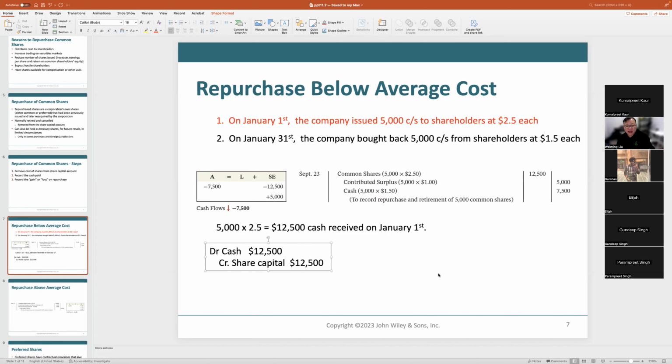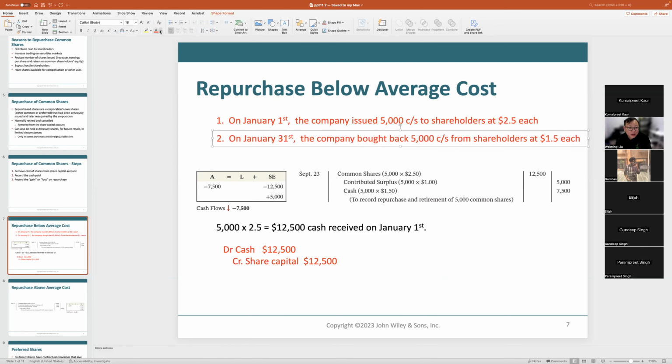Okay, so it's balanced. Debit equals credit, 12,500. So this would be my January 1st entry. Now we are at January 31st. The company bought back 5,000 shares from shareholders, now at a lower, cheaper price, right? At a cheaper price,